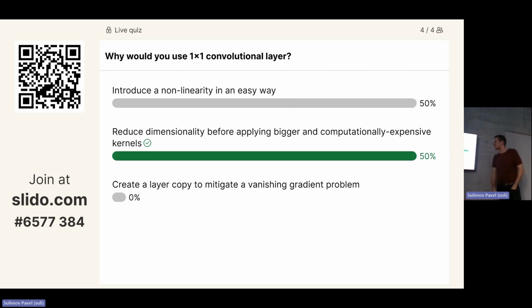The party who decided to reduce dimensionality won. So basically, what I was expecting from you. I already gave you the hint that it's definitely not gradients. Forget about them. But non-linearity. You now told me what the kernel is. Kernel is multiply and sum. Non-linearity, this is where you have something different.